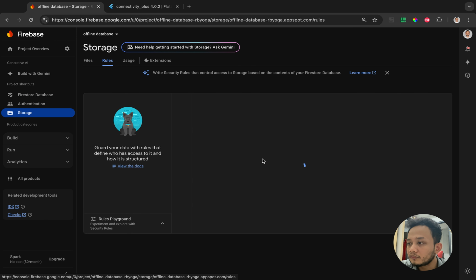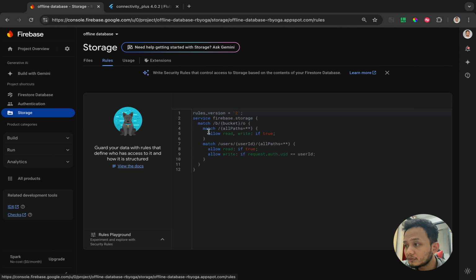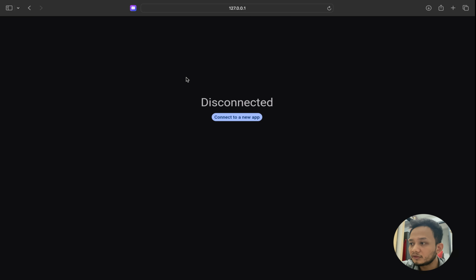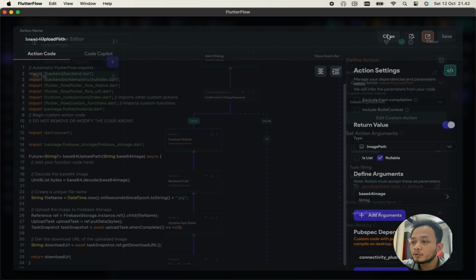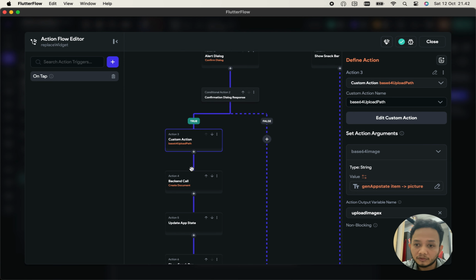We need to allow the write condition. So for the write, we need to give the true value. So we can use that custom widget, this one. So after we upload the string, which is the base64, into firestore,